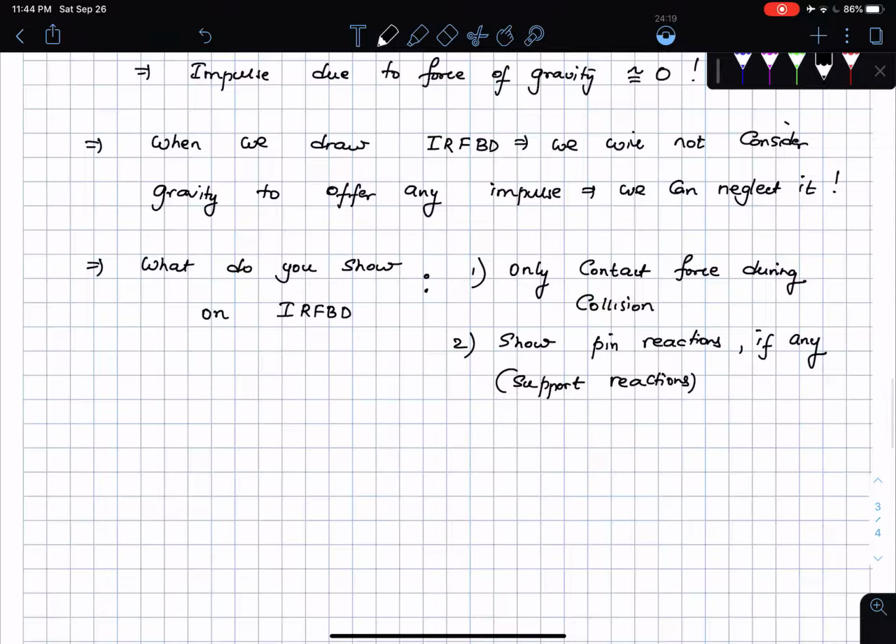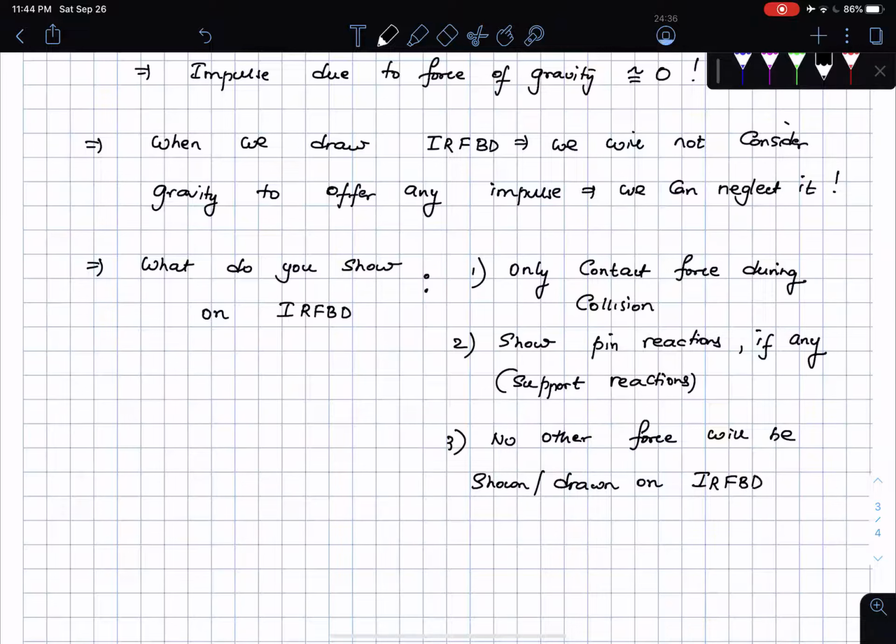No other force will be shown or drawn on the IRFBD, and the reason for that is because